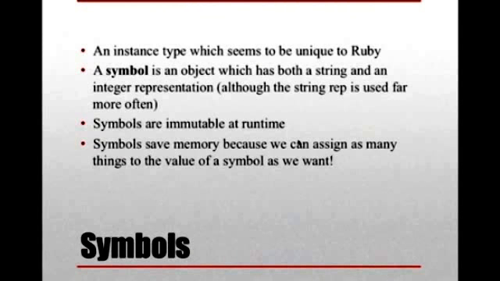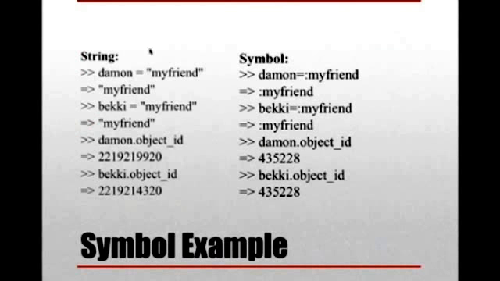So a symbol is kind of a unique object to Ruby, at least unique in the sense that I've never seen it anywhere other than Ruby. Symbol is defined in Ruby as an object that has both a string representation and an integer representation. But I've only really seen the string representation used. I don't really know how the integer one is used. But the point is that symbols are used to save us memory. So for example,